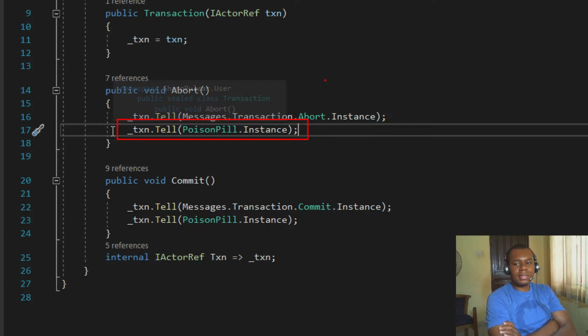Now, once they send the abort or commit message, you expect that once you have gotten to this stage, we are no longer able to hold a reference to the transaction object. But some people could forget to dereference it, or set it to null, to make it easier to garbage collect. So in this case, I'm just helping them out with the poison pill, so that even if